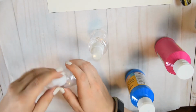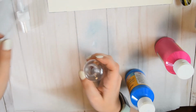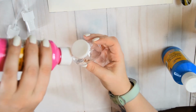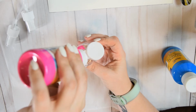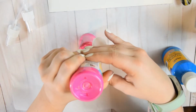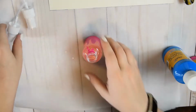And I'm just going to kind of eyeball this, because I'm not super technical with my crafting. If you're more technical, I would say 1 part paint to 2 parts alcohol is probably going to be your best bet. Let's see how this one turns out. So I got my 1/3 of the way with pink paint. Make sure that cover's on there tight,